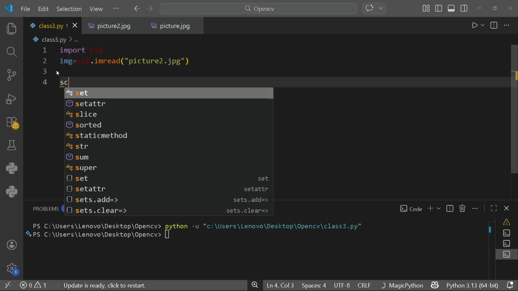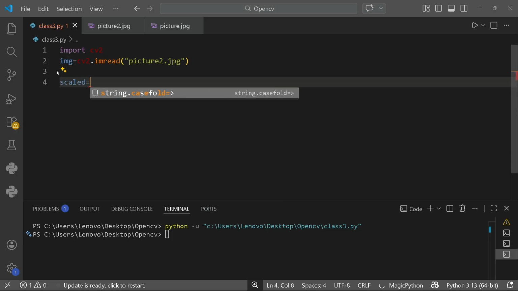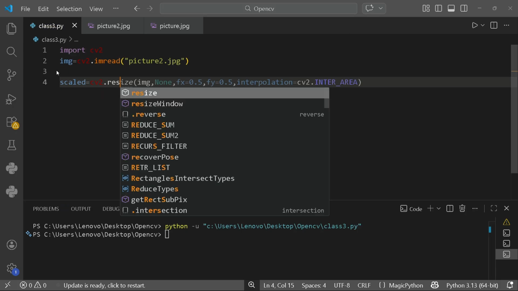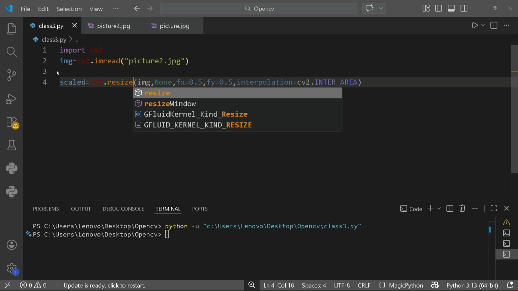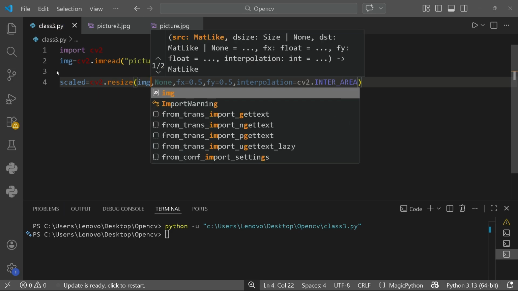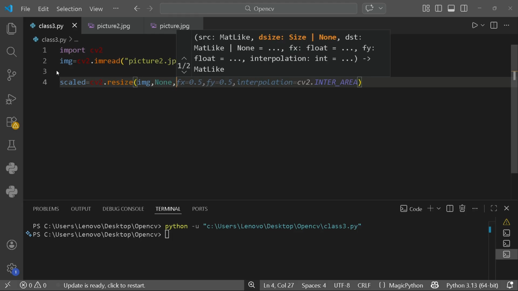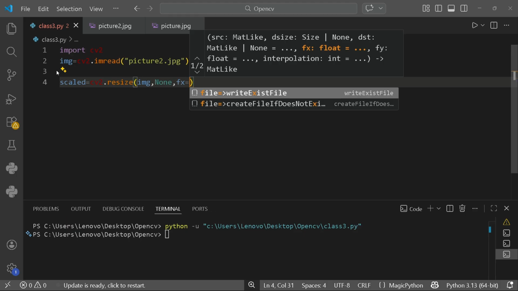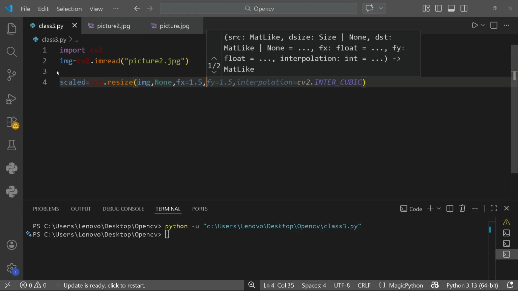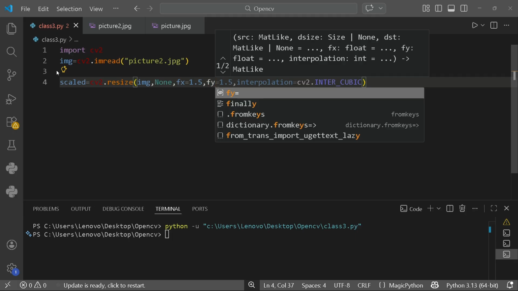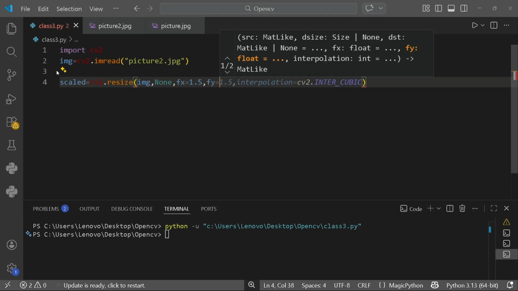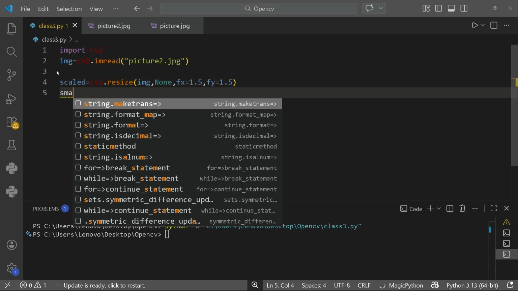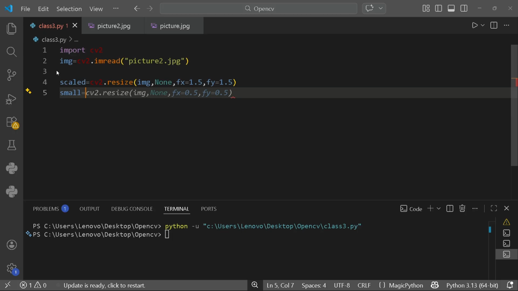Now make a variable scaled equals cv2.resize, image, None, fx equals 1.5, fy equals 1.5. Okay, now small equals,